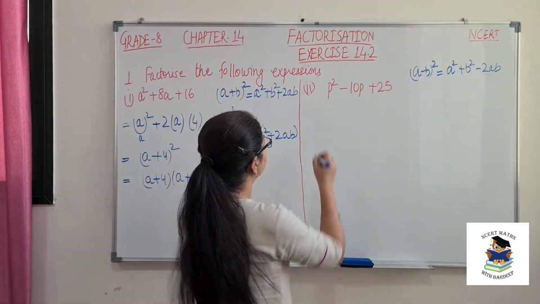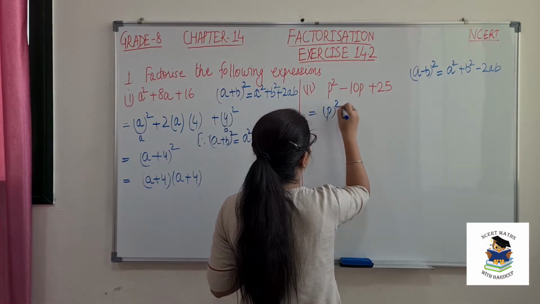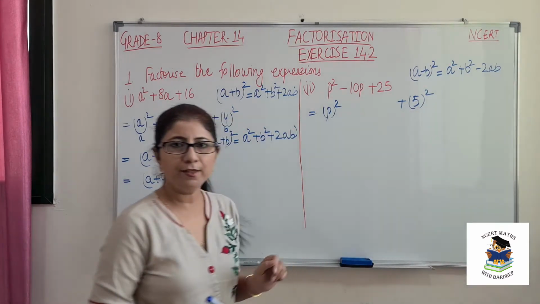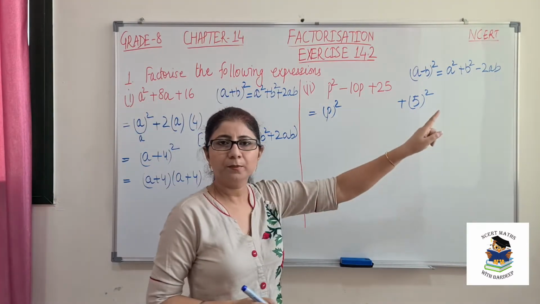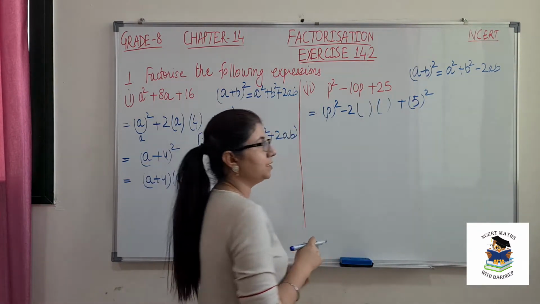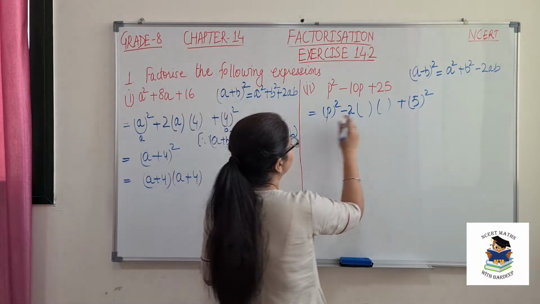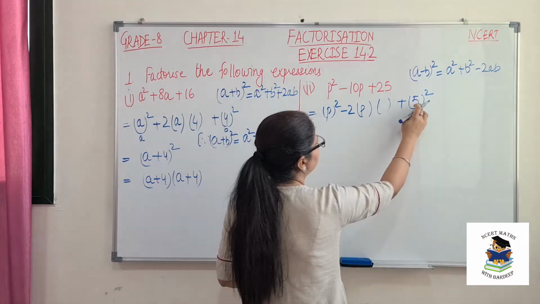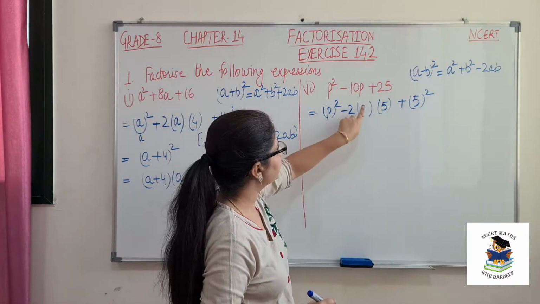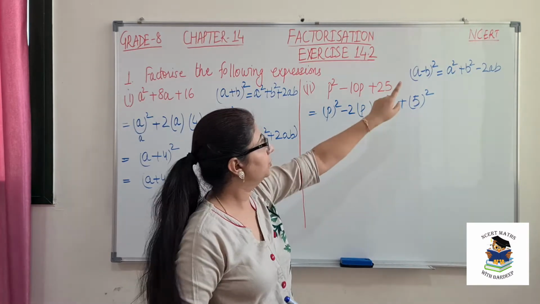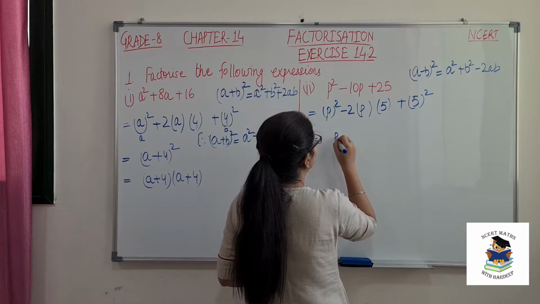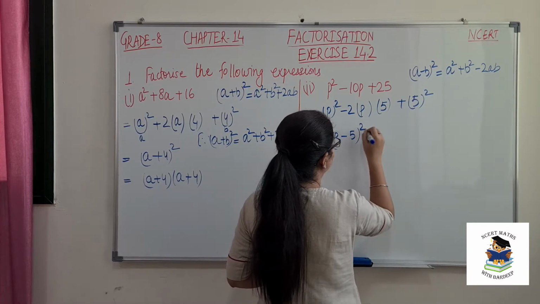Right? Now let's see here. So p square can be written like this also, and 25 can be written as 5 square. So the third term should be minus 2ab. So let's check, minus 2ab will give me minus 10p or not. Okay. So this is a, that is p, and b is 5. So 2 into 5, 10. Yes, and p is also there. So we can use a minus b whole square. Okay, so this is equal to p minus 5 whole square.